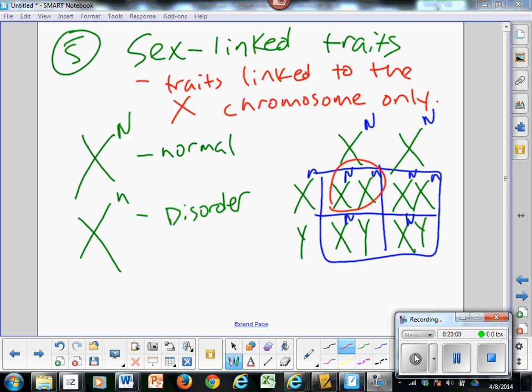But these females could pass that trait on to their offspring. They could be carriers. So if they meet with someone who